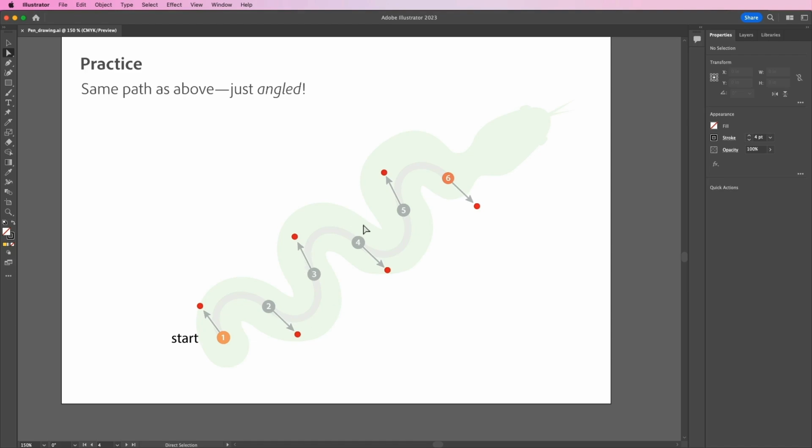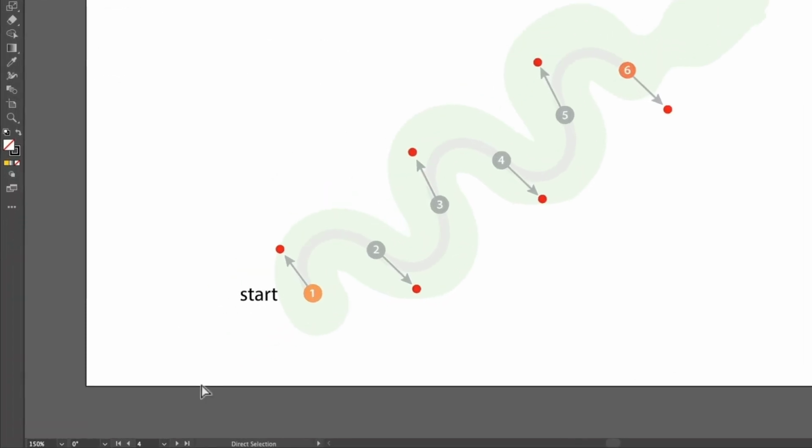But what if you want to change path direction? In other words, you go to 2, but instead of having the path curve down this way, which is not bad, you want it to curve up. We can do a change in path direction. That's what we're going to do next. Choose 5 from down here,